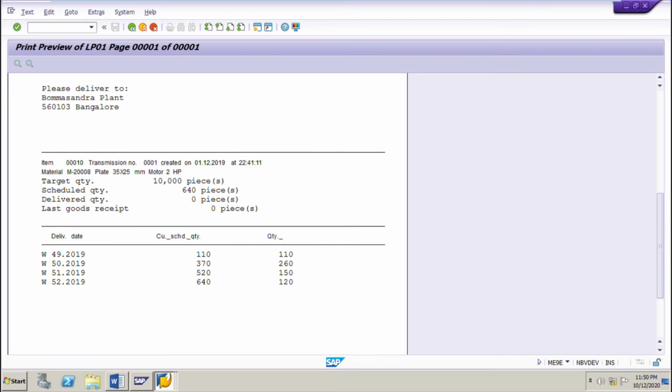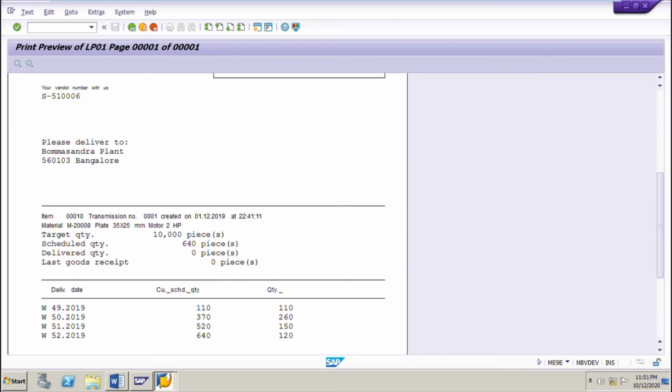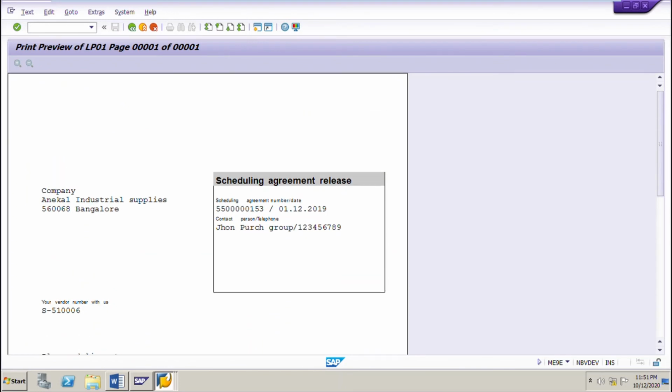In the 51st week of 2019 we need 520 pieces, and in the 52nd week of 2019 we need 640 pieces. So this is the FRC delivery schedule or forecast delivery schedule of the scheduling agreement.